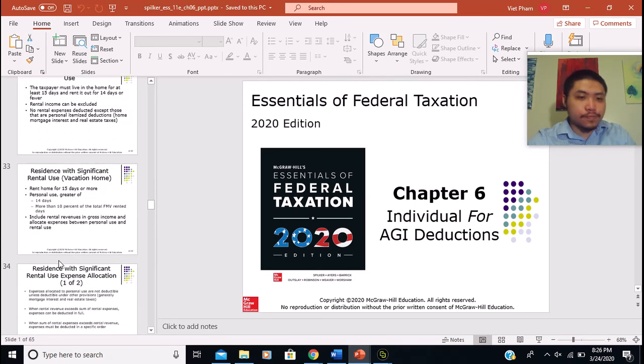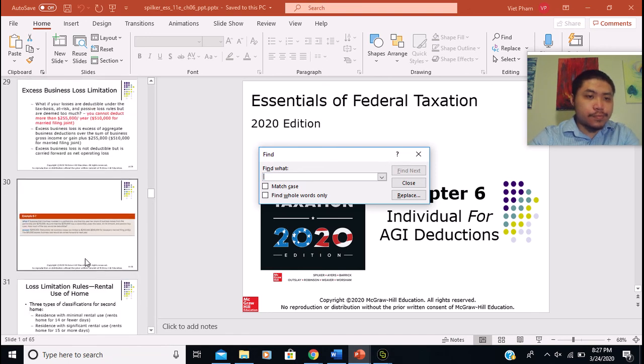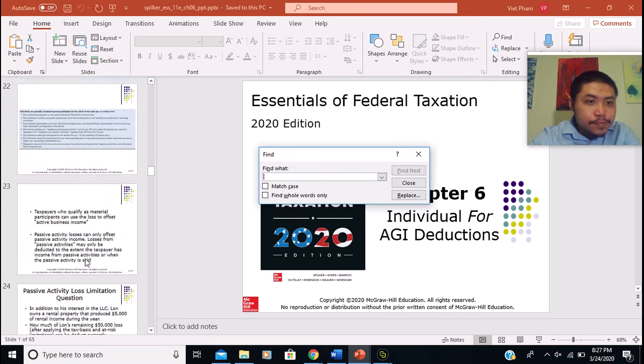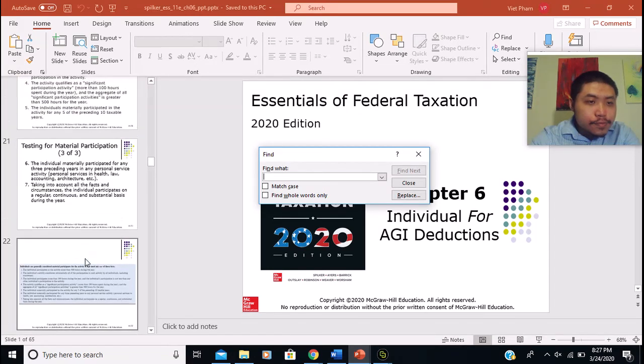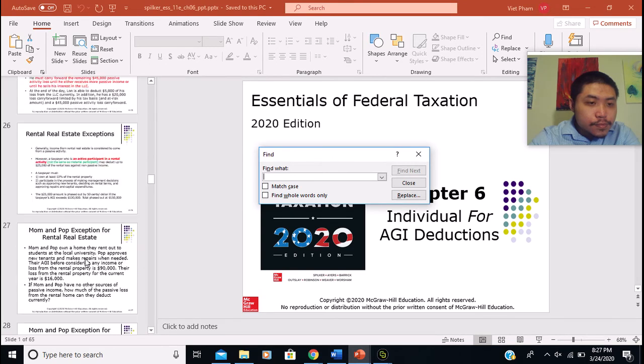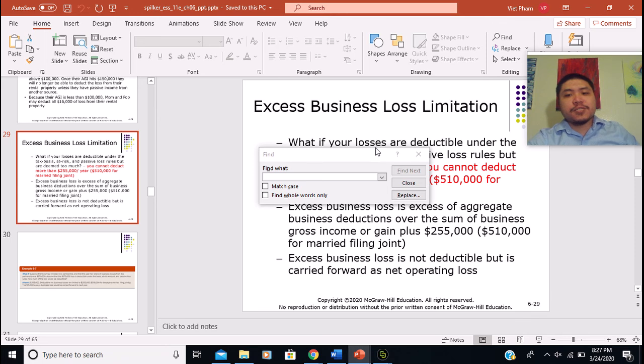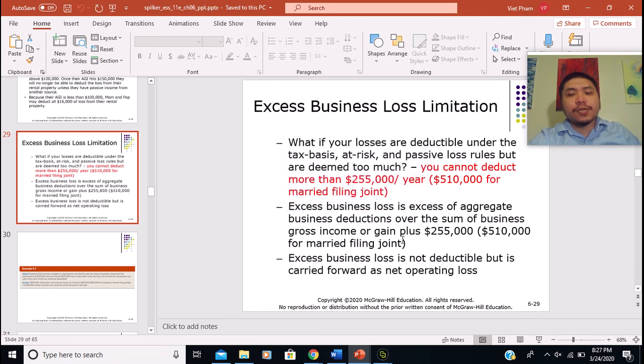So here, excess business loss limitation. Right. So yeah, the limitation is $255,000 a year for all taxpayers except for married filing jointly, whose limitation